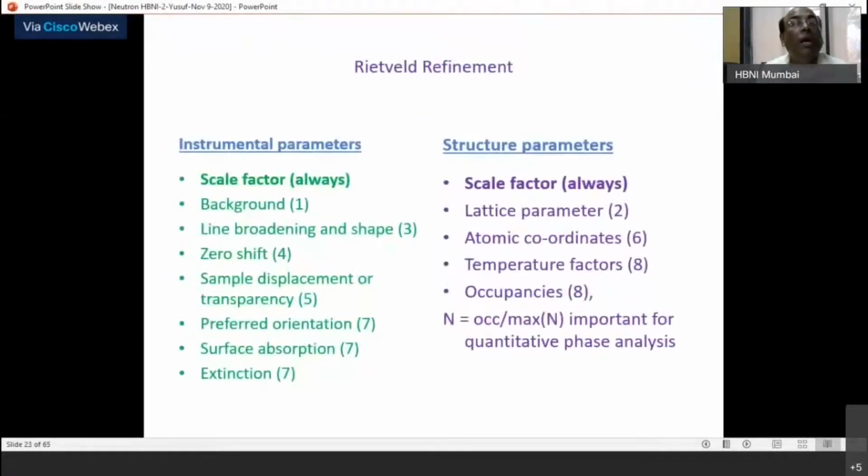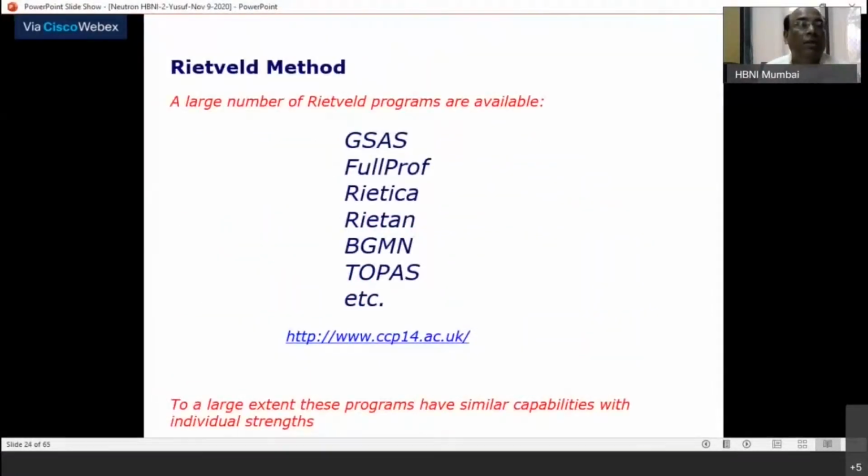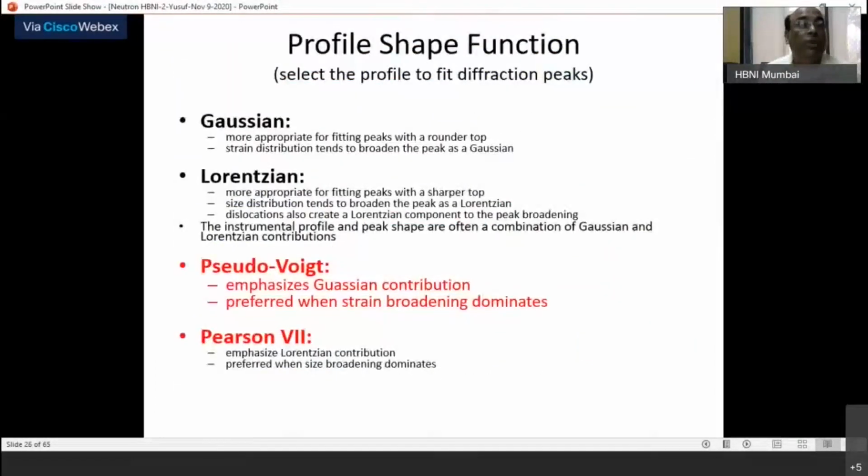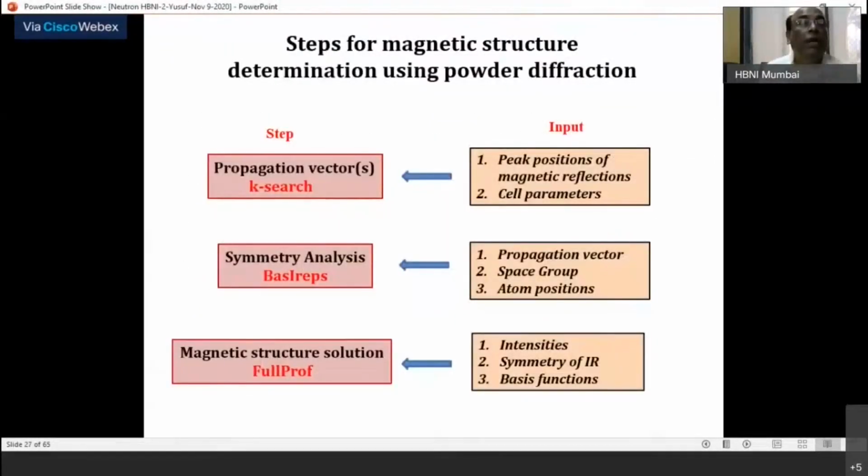So with this, I am showing you what you can expect over the next few lectures. Some of you are familiar, that is why I am showing you all this. How to get the magnetic moment orientation vector, what is called the propagation vector, symmetry analysis, magnetic structure, and so on. Slowly you will learn. So I'll stop with this.